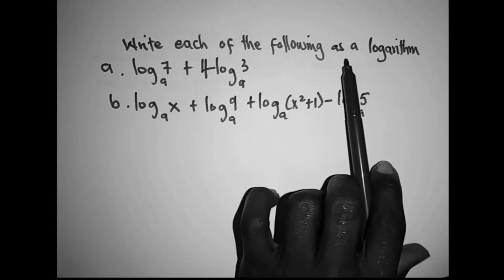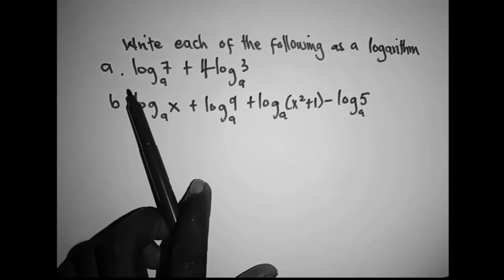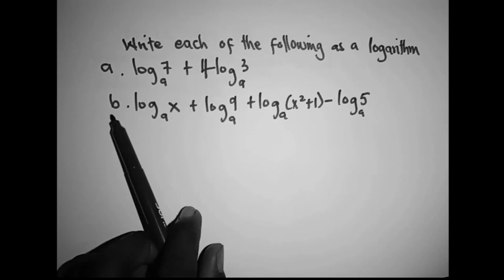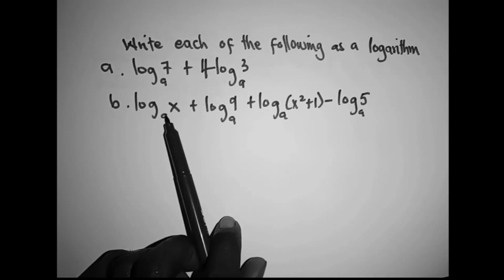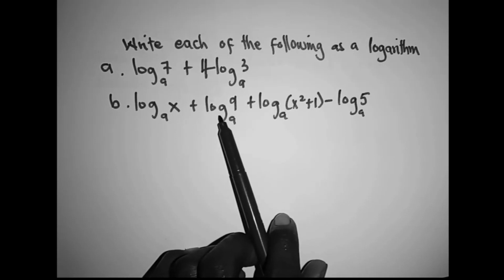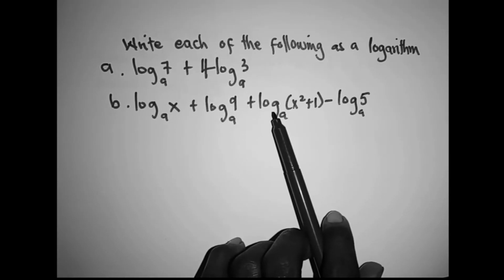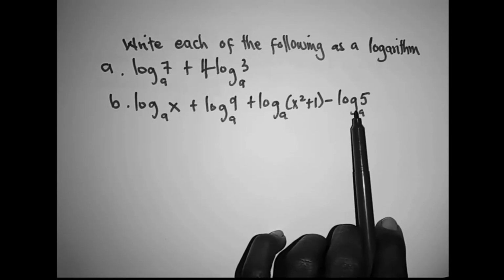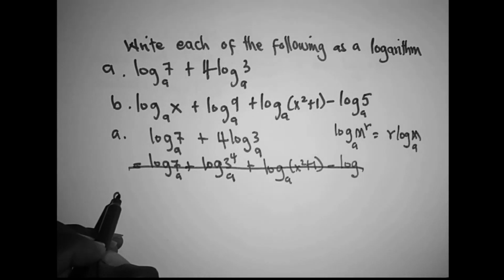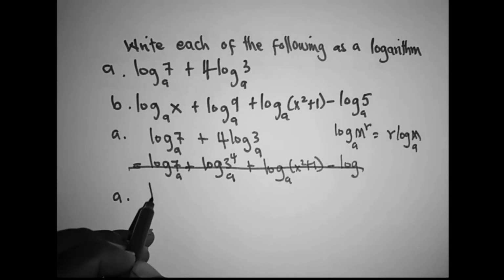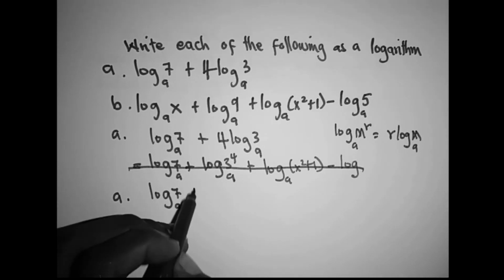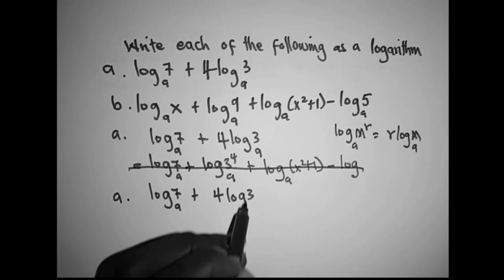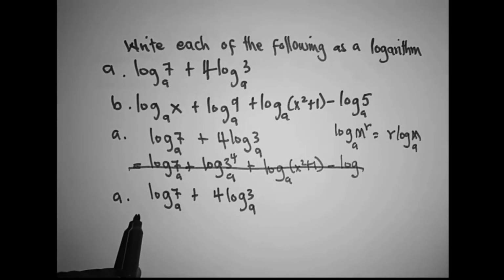Write each of the following as a logarithm. A. Log base a of 7 plus 4 log base a of 3. B. Log x base a plus log 9 base a plus log into bracket x squared plus 1 base a minus log 5 base a. So the a part is log 7 base a plus 4 log 3 base a. So this is equal to